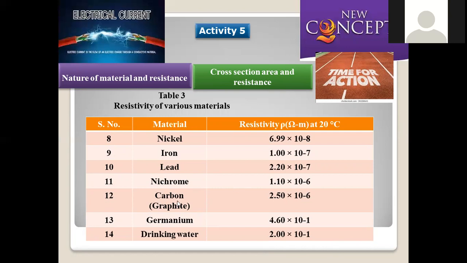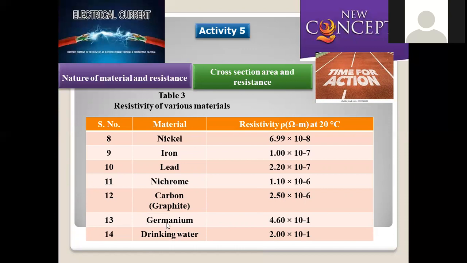So nichrome will be there, and carbon. As we already know, graphite is the one and only non-metal which affords conductivity in the entire periodic table. Non-metals are not conductors, but exceptionally carbon as graphite. Even though carbon has so many allotropic forms, only the graphite allotropic form of carbon offers conductivity of current because of sp2 hybridization and one free electron available for the conduction of current, right?